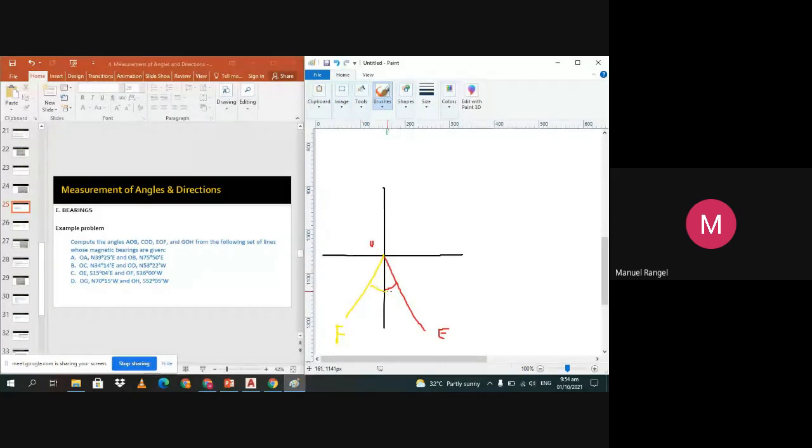So EOF, you just add them: 15 plus 36 degrees. So that is equal to EOF, equals 51 degrees. So this angle is equal to 51 degrees 04 minutes. Then for letter D,